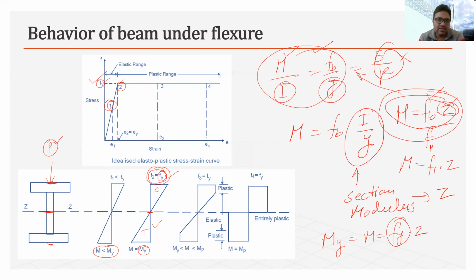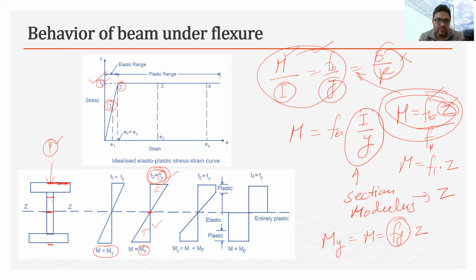The stress in the beam will not increase more than the Fy value, but the stress will be redistributed, and in the lower part of the beam the increment of the stress will be inwards. In the second part, the yield strength was up to this line. Now, when we further increase the load,